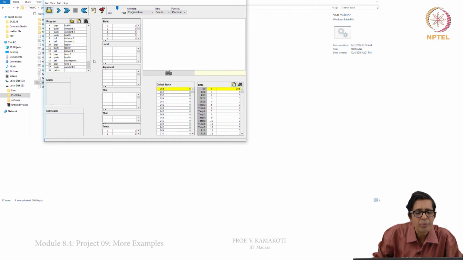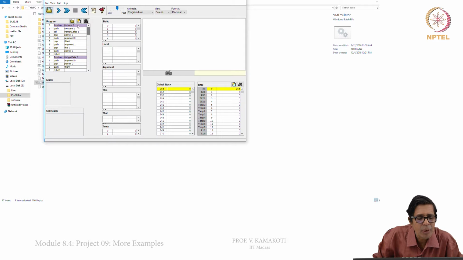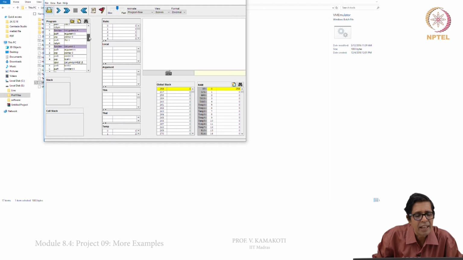We have loaded. Now, we can see that here we know all the functions, list.new, list.get data, list.get next, list.print, and then list.dispose, main.main, etc. So, we know all these programs now.